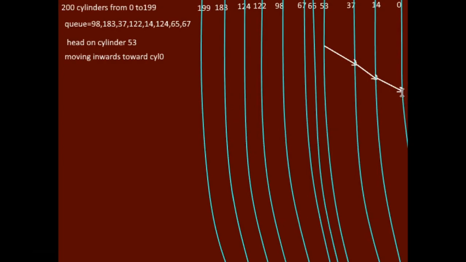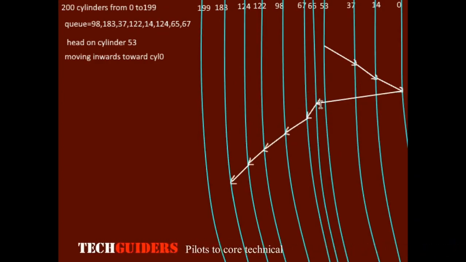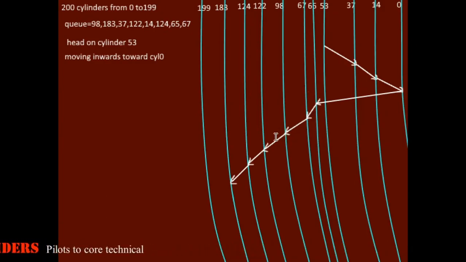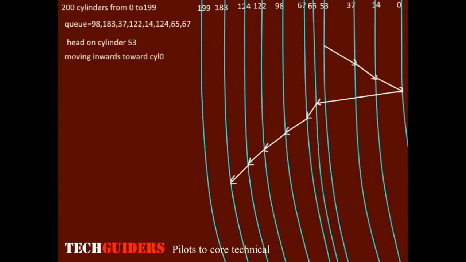And after reaching the end, the head changes its direction and proceeds to the other end, servicing the remaining requests, which are 65, 67, 98, 122, 124 and 183. This is the last request in this queue. Now the head will keep on moving till the end, again change its direction and move towards the cylinder 0 and so on.